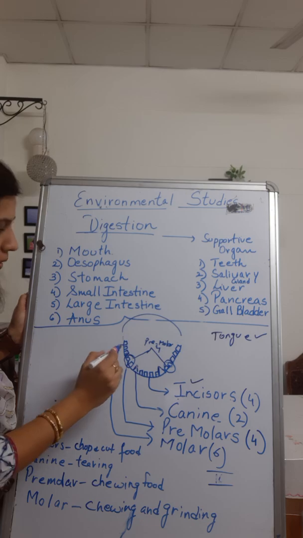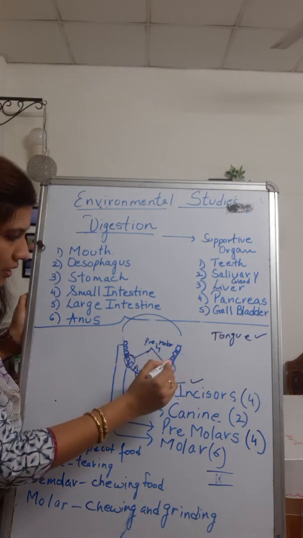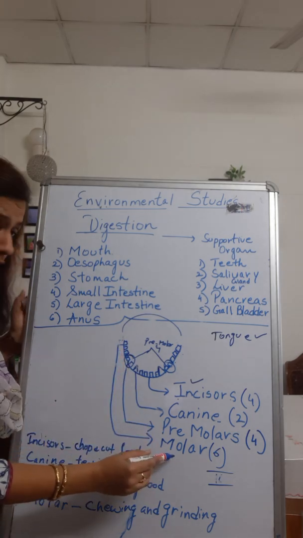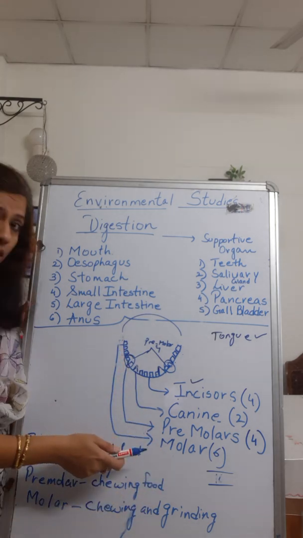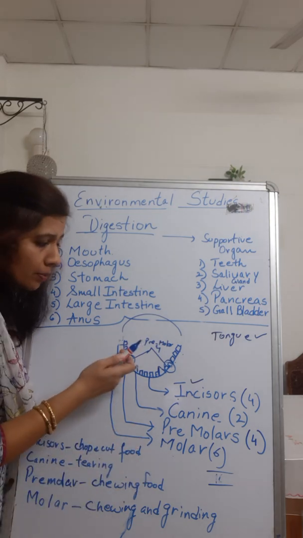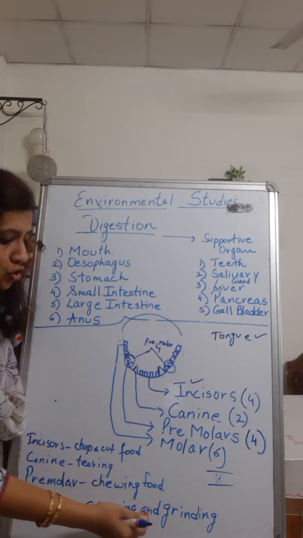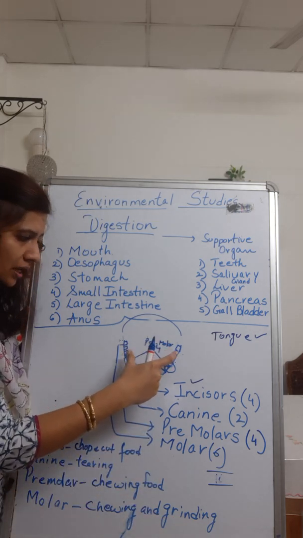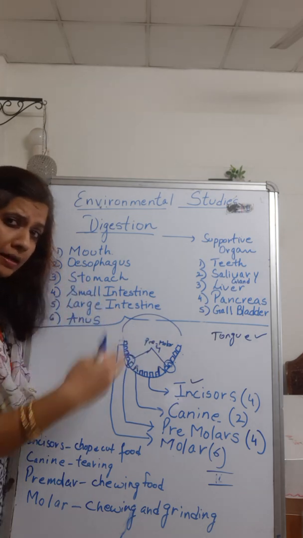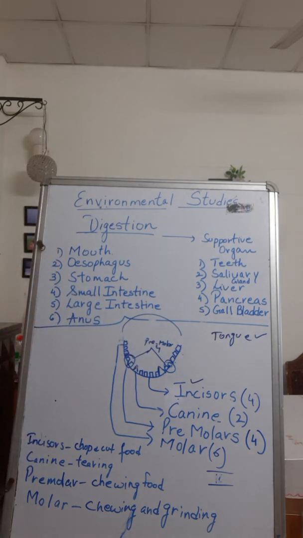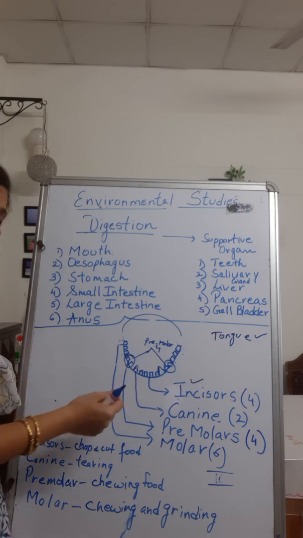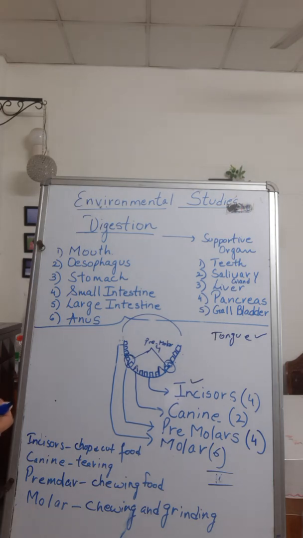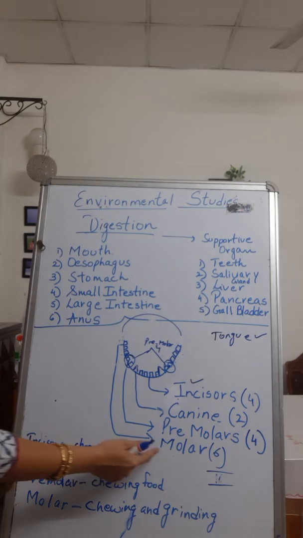Now you can see 3 sets of teeth here and 3 sets of teeth here, and these are also quite flat and broad. These are called molars. Now what do these molars help us to do? These molars help in chewing and grinding the food. What we first chewed and ground here gets further grinding, for proper grinding, so that it turns into a proper paste which can pass easily through the esophagus. So that is the function of molars.